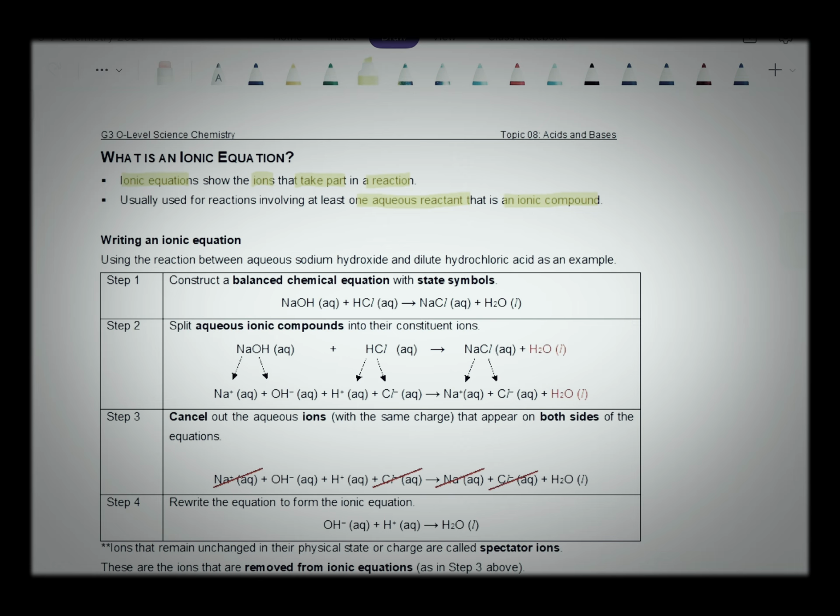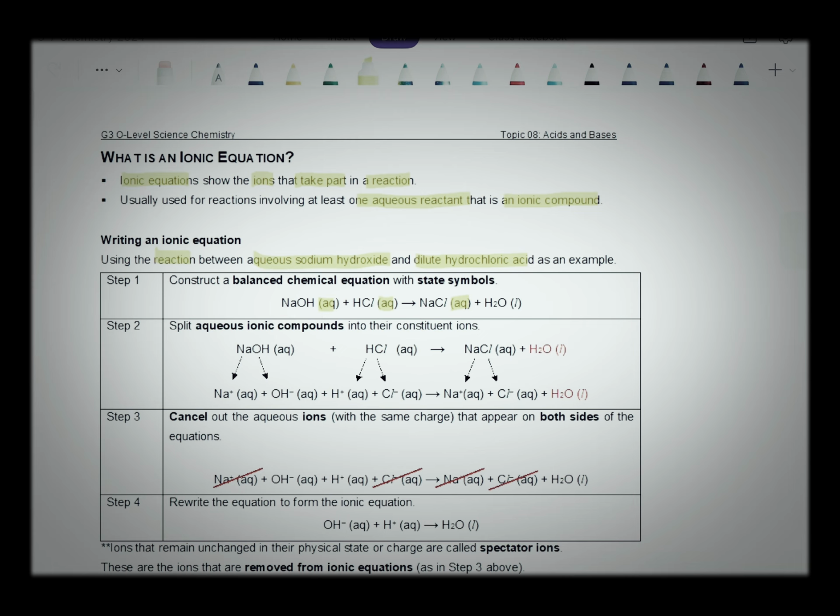First thing, we're looking at a reaction between aqueous sodium hydroxide and dilute hydrochloric acid. So step 1, you construct a balanced chemical equation with state symbols. And next, you will identify all the aqueous reactants or products. And next, for all these aqueous reactants and products, you will break them down into their specific